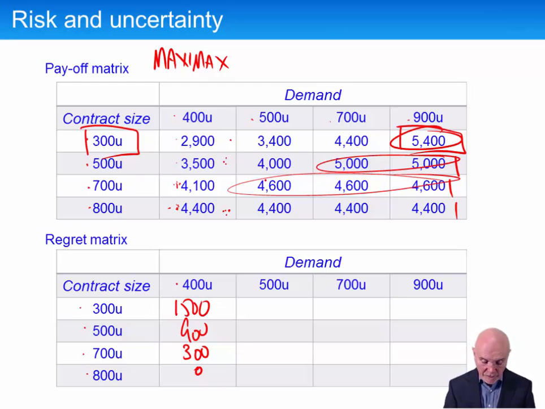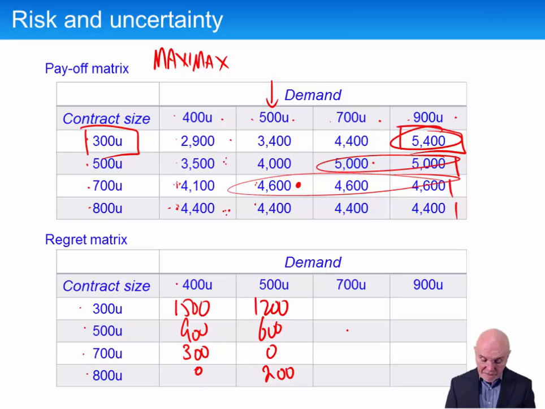In the next one we say, well, we would have no regret if we'd signed up to 700. That is the best we could do under these circumstances. Remember, we can't control what the external demand is. 500 happens, and we say, what would I want to have done had I known that was going to happen? And what we've got in here, no regret in here, 4,600 down to 4,400, 200, 600, 1,200.